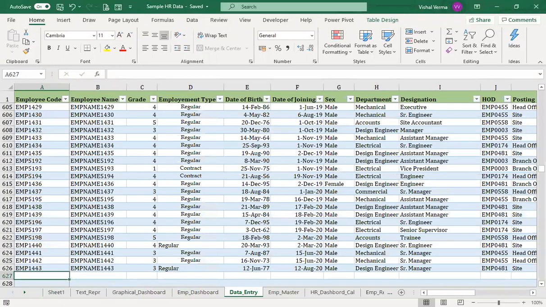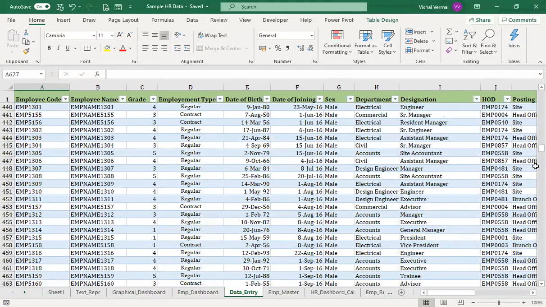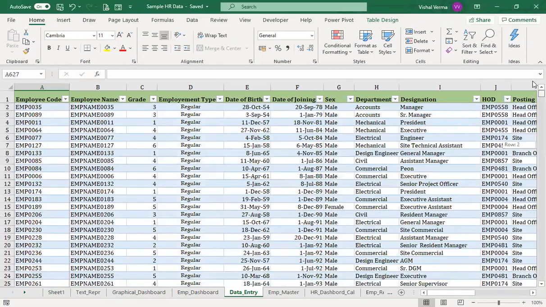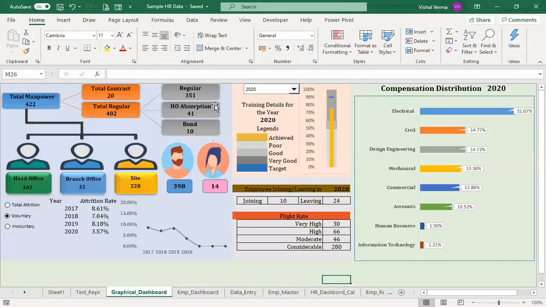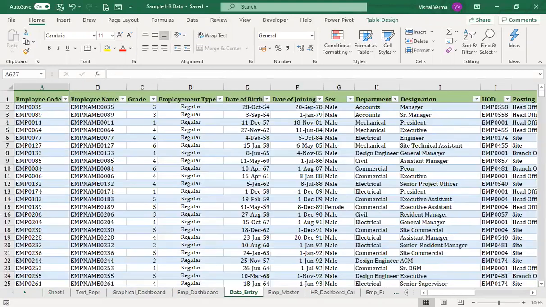Let me show you a small database that I prepared, just a dummy database. We have the employee code, the employee number, grade, then the employment type, where you can see that we have four different types. This has been derived from the entire HR data board.